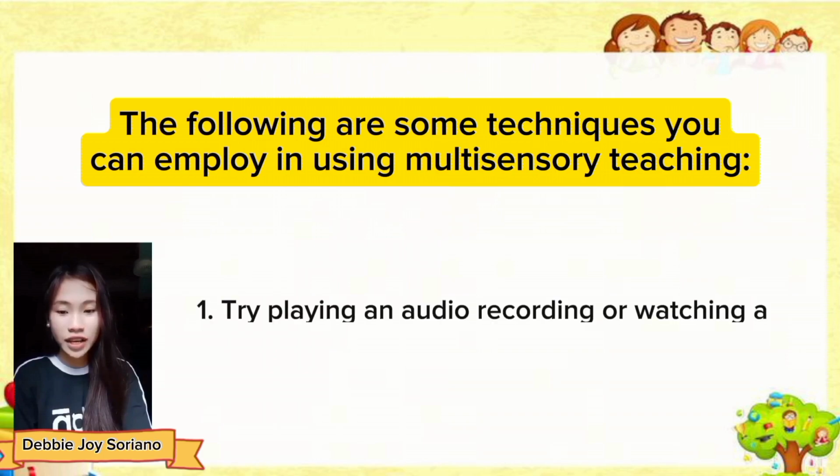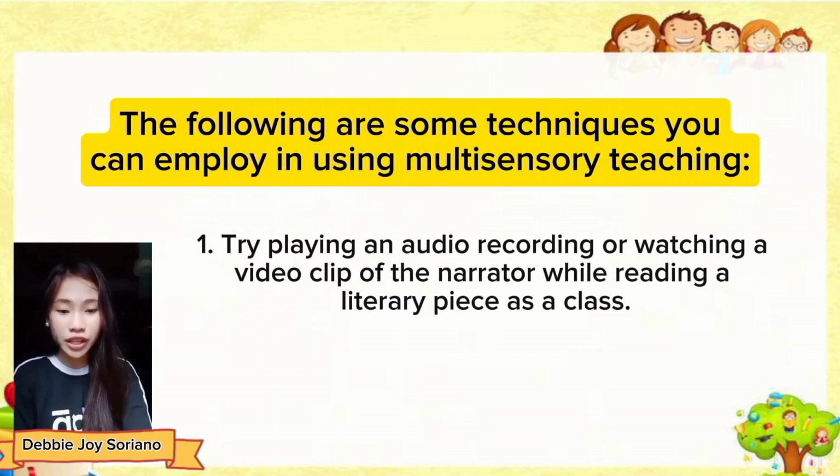Our topic for today is all about the five following techniques you can employ in using multisensory teaching. First, try playing an audio recording or watching a video clip of the narrator while reading a literary piece as a class. For example, audio recording can help students listen for the tone and voice that can be told